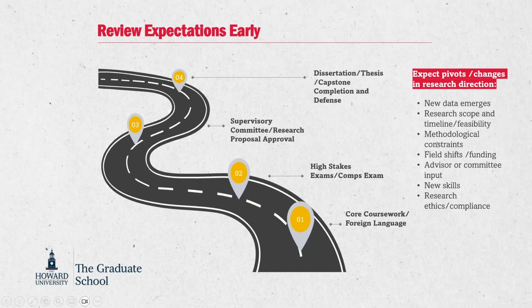So you want to make sure that you're keeping track of this and creating a long-term plan, but also being nimble enough to expect pivots, because there may be changes in direction. There may be new data that emerges in the course of your research. There may be a feasibility issue. I know COVID made a lot of folks who were doing bench research have to pause on some of the work that they were doing. So these are all things that you want to maintain that level of flexibility to be able to pivot and make sure that you stay the course.